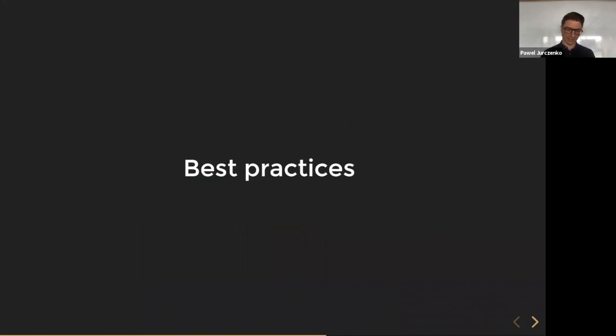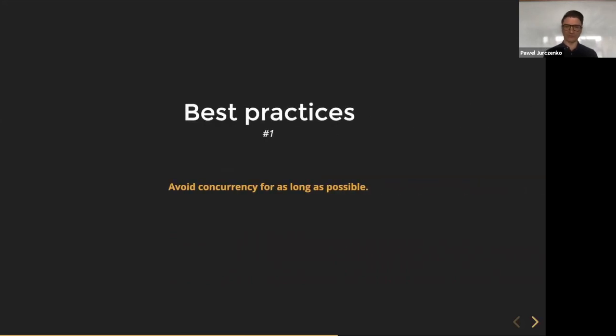Okay, and in the next section, I would like to continue giving you some good or best practices when it comes to multi-threading in general, not only when it comes to thread pools. Okay, so first of all, the main one, you should avoid concurrency for as long as possible. If we have 2 solutions to a problem, both of the solutions satisfy you, and one of them uses concurrency and the second doesn't, in general, you should prefer the one that doesn't use concurrency, and you'll thank